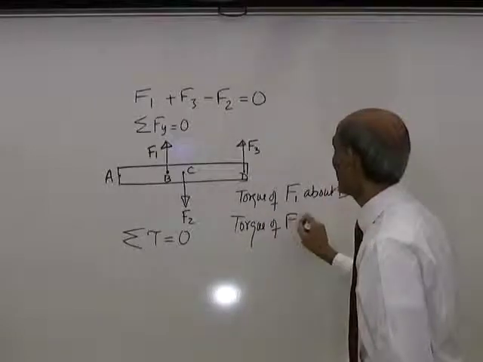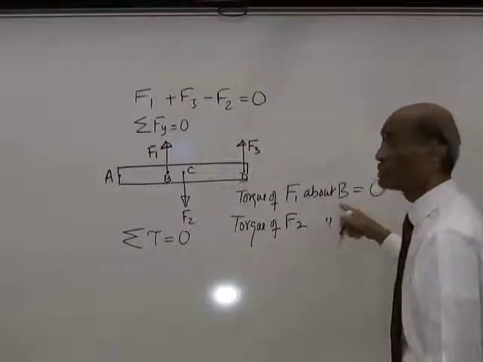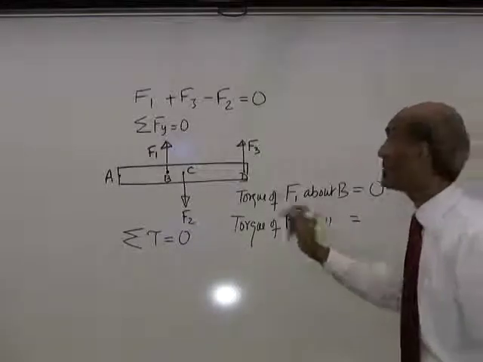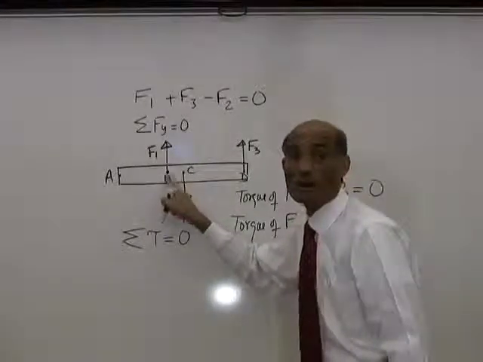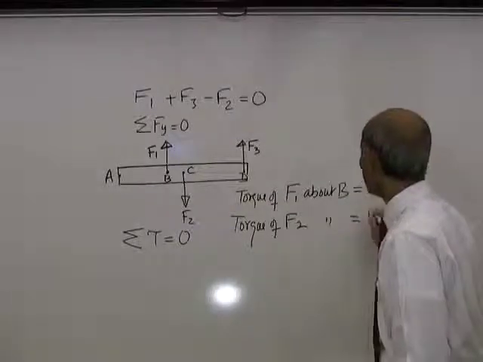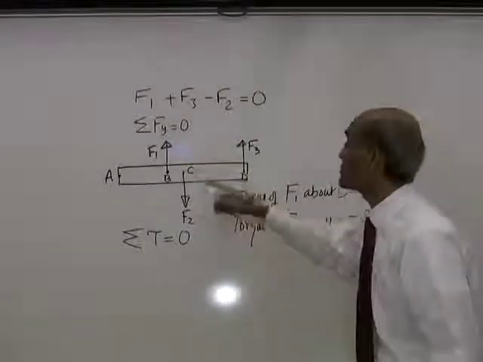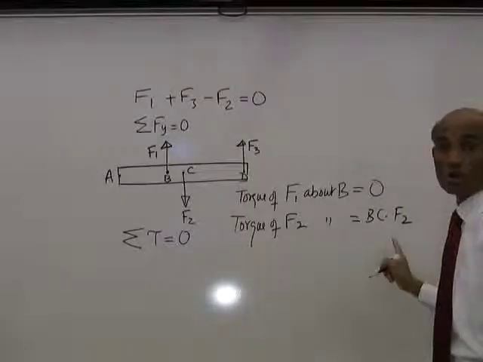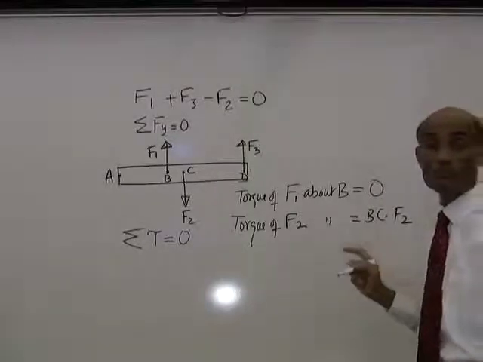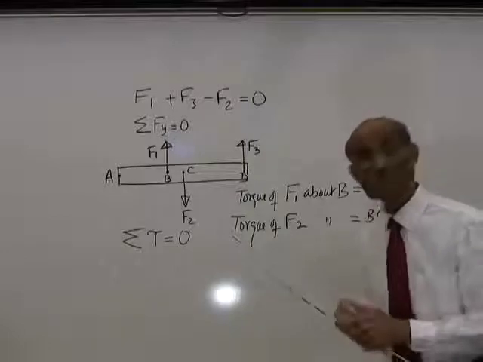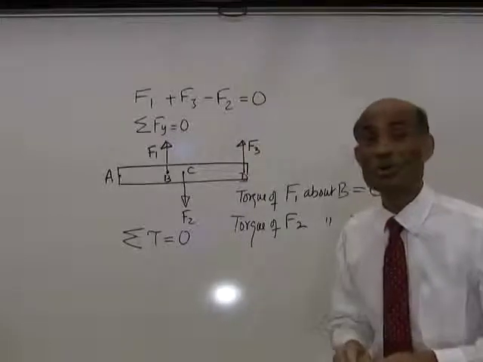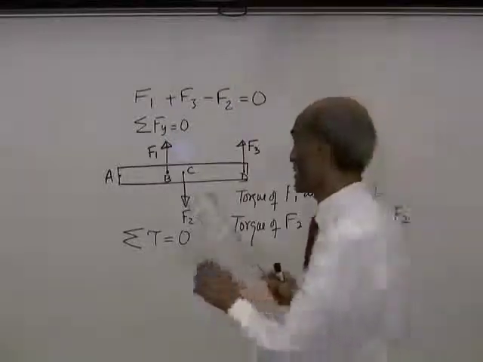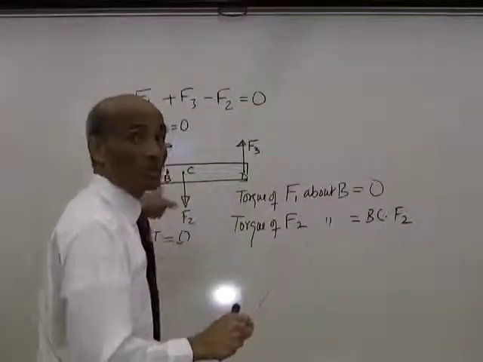Torque of F2 about an axis that passes through B, that will be the torque arm, the distance BC, multiplied by the force F2. The torque arm multiplied by the force. Now tell me, is this a clockwise torque or a counterclockwise torque? Well, how do you know? What you need to do is,